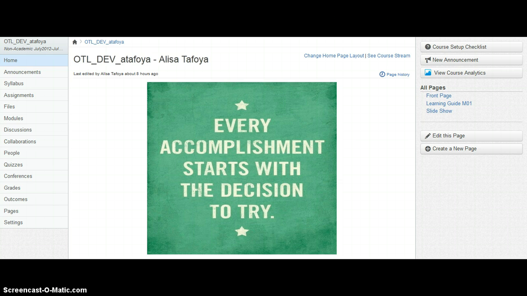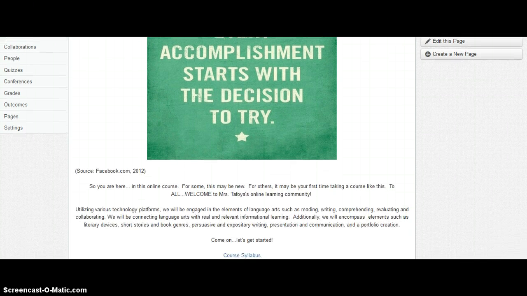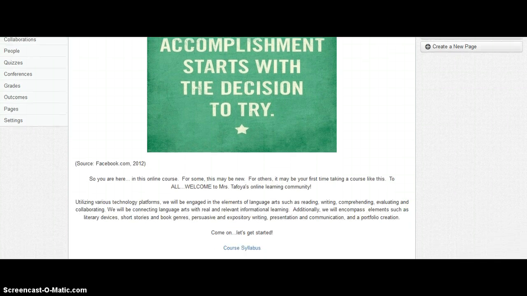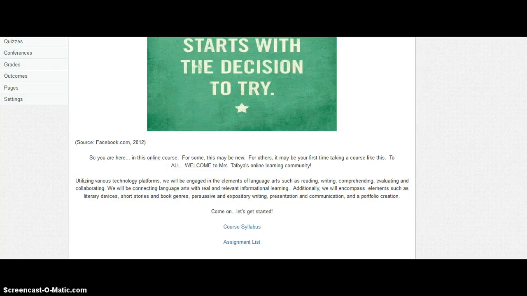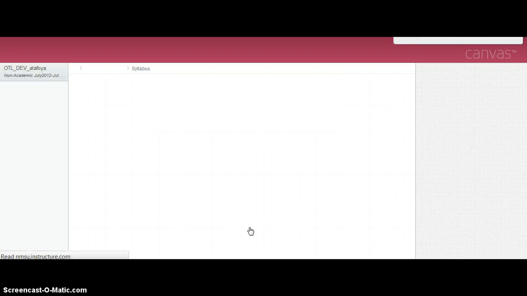With that quote, I move on with a brief summary of my course, navigating through as easily as possible, allowing students to click on the course syllabus or to the assignments list. I'm choosing to go to the course syllabus,